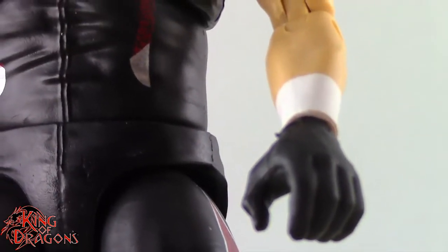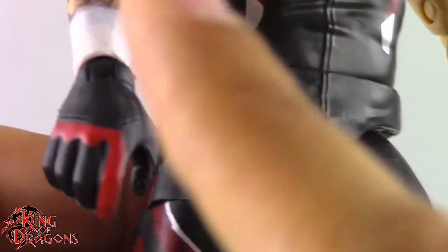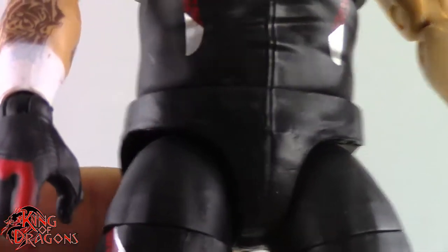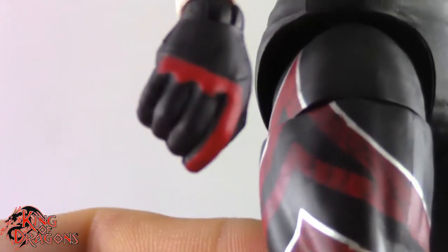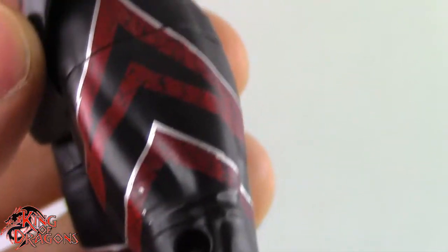If you remember the Ringside Collectibles Dustin, he had the red on this side, black on this side. I'm almost inclined to switch out the hands just to make it a little more symmetrical. I don't know, I might end up doing that, I might not. But anyway, continuing on to his legs, we have the same legs that we saw with the Ringside Collectibles Dustin,